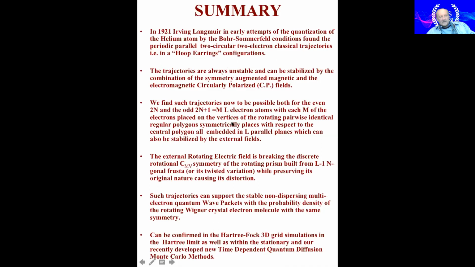with each m of the electrons placed on the vertices of rotating pairwise identical regular polygons symmetrically placed with respect to the central polygon, all embedded in L parallel planes, which can be stabilized by the external fields, like in the case of 2 electrons, and the external rotating field is breaking the discrete rotational symmetry of the rotating prism, which is built from n-1 n-gonal frusta. Okay, or a twisted variation, because you can phase shift the neighboring ones, and you have a twisted version of this, preserving its original nature, causing the distortion, and such trajectories can support stable